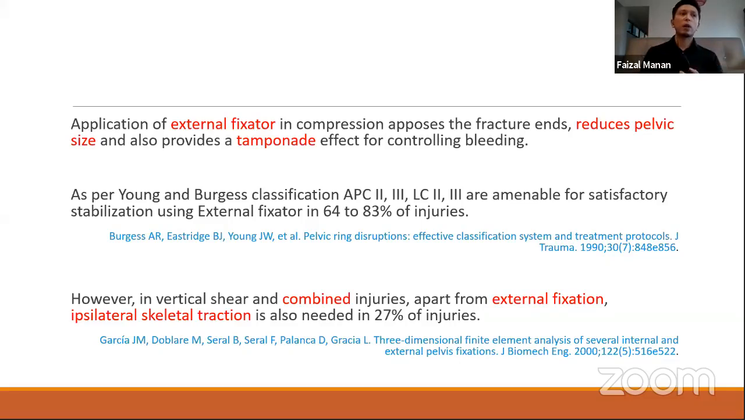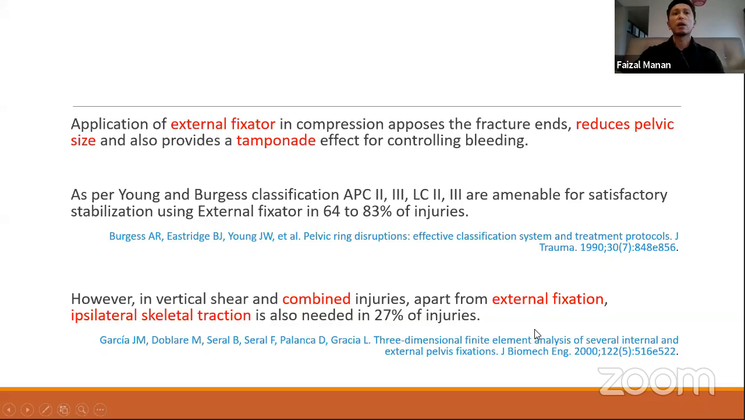But nowadays, thankfully, with the fellowship program, a lot of advanced trauma surgeons have graduated and been providing the service all over Malaysia. So we have been converting the external fixator from primary to definitive management, using plating or screws to hold the fracture fragments or to hold the diastasis of the pubic symphysis that opens up like an open book. However, in vertical shear and combined injuries, apart from the external fixator,